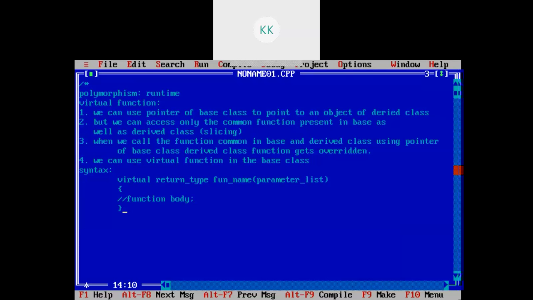Just you need to write the keyword virtual before any function in the base class to make it virtual.